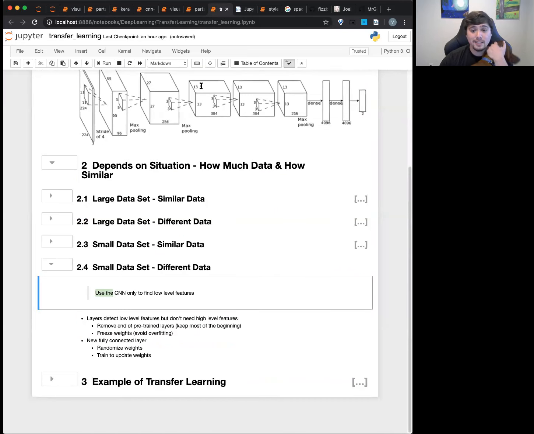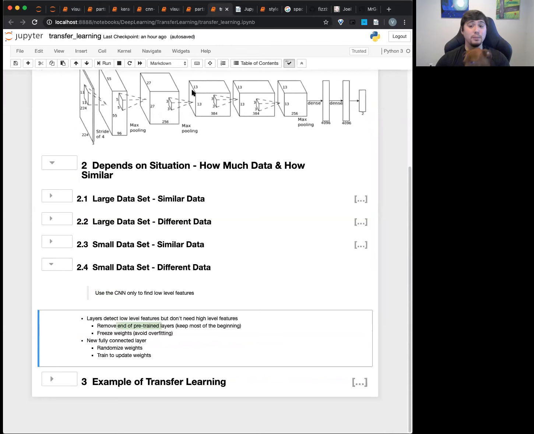So what this basically looks like is that we're going to remove the end of the pre-trained layer. So we actually completely remove this set of layers. And note that I say remove layers. How many layers exactly? Well, it's not really sure, right? You're going to have to figure that out, maybe doing some visualization, maybe just testing it out and seeing what works. But you get rid of these end layers here and then just keep these beginning layers and then pass